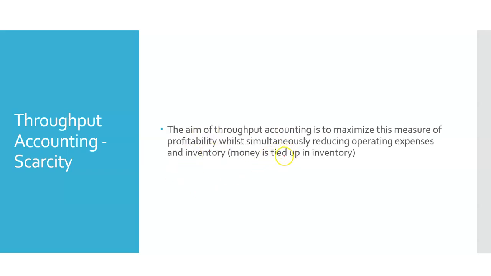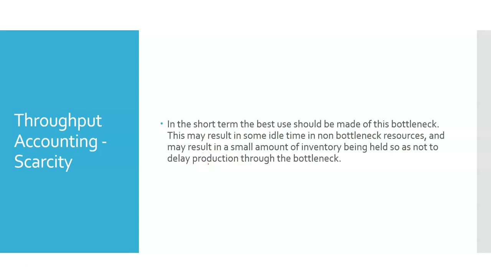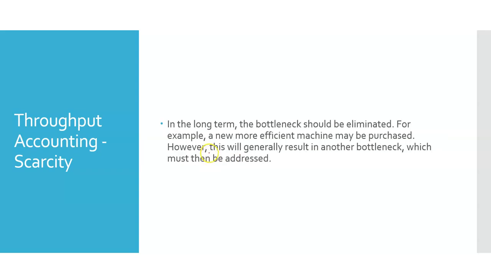I'm just giving you some background theory here. The aim of throughput accounting is to maximize this measure of profitability whilst reducing the operating expenses and stopping money being tied up in inventory. And again, I just highlight this about being a bottleneck. In the short term, we should